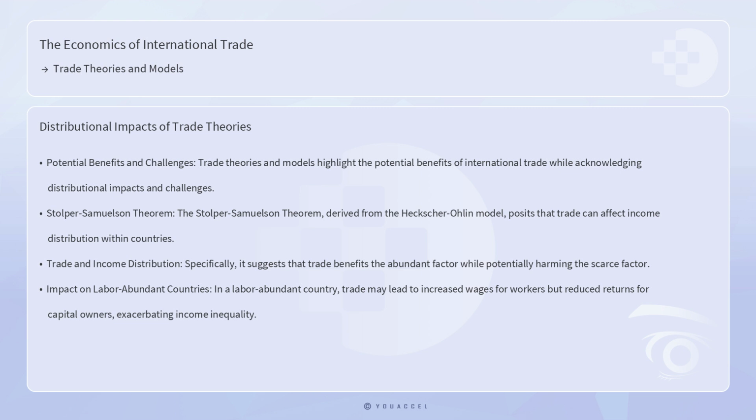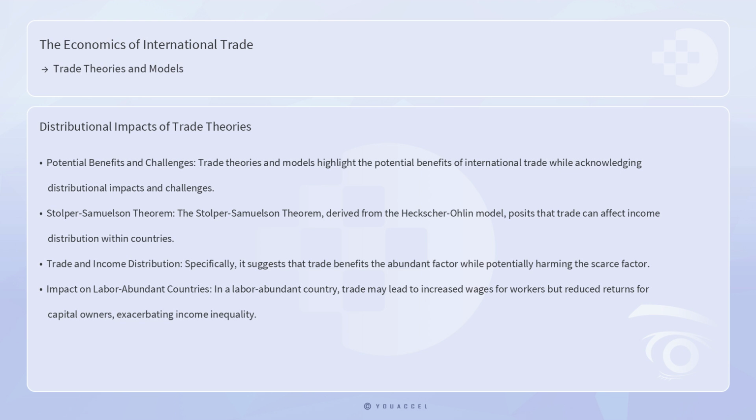However, while trade theories and models highlight the potential benefits of international trade, they also acknowledge the distributional impacts and challenges. The Stolper-Samuelson theorem, derived from the Heckscher-Ohlin model, posits that trade can affect income distribution within countries. Specifically, it suggests that trade benefits the abundant factor while potentially harming the scarce factor. For instance, in a labor-abundant country, trade may lead to increased wages for workers, but reduced returns for capital owners,